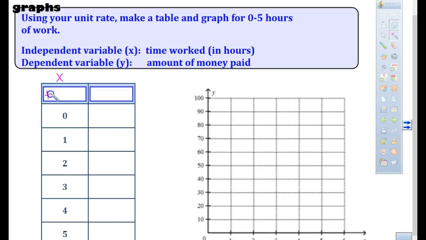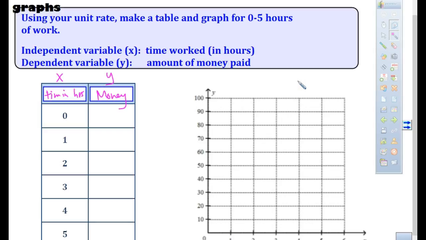So the time in hours that she worked. This is our Y. It is our money that she was paid. Notice Y is here. I need a title on my graph. So some of you like to kind of look at these and you don't always put a title. We need a title. Our title for this would be possibly something like money earned or